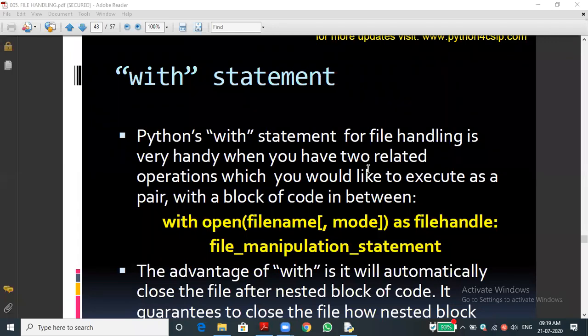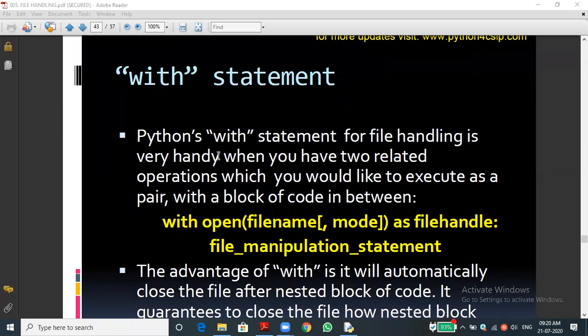Whenever we are using the with statement, if you open your file with it, we need not close the file. In the earlier programs, I only said that we must use the close function. But here, by using the with statement, we need not write the close function, because the with statement gives the guarantee that the data will be stored properly. That's the concept.